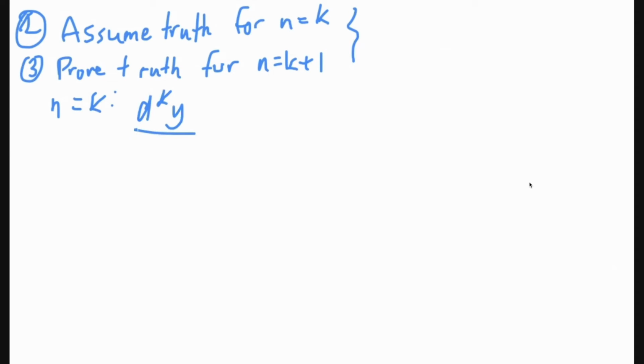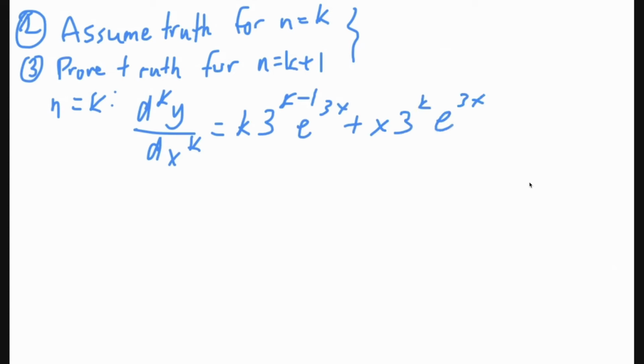The kth derivative of y with respect to x is equal to k times 3 to the k minus 1 times e to the 3x plus x times 3 to the k times e to the 3x. Remember, all I just did was substitute all the n's for k's. That's really simple. And when n is equal to k plus 1, we want to prove that the following equation is true. So we want to prove, and this is what we assume,